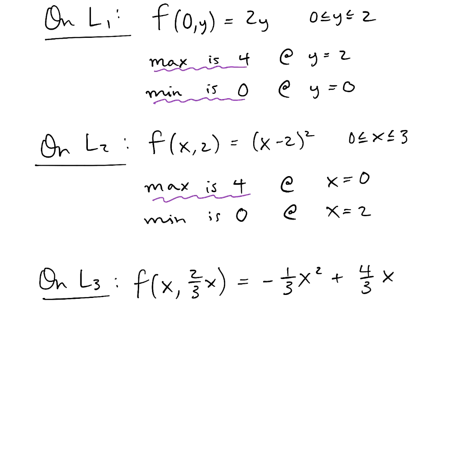And we're interested in that for x values, again, between 0 and 3. Now, if I came to you and said, what is the max that minus 1/3 x squared plus 4/3 x comes out to for x's between 0 and 3? I feel like this piece of the boundary is harder. You didn't need calculus at all on L1 and L2. That's great. But if you come to a piece of the boundary where assessing the max and min is a little bit harder,